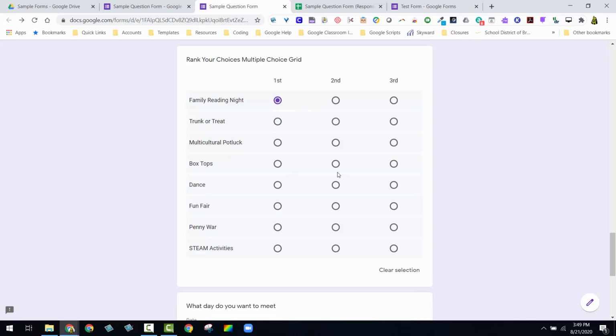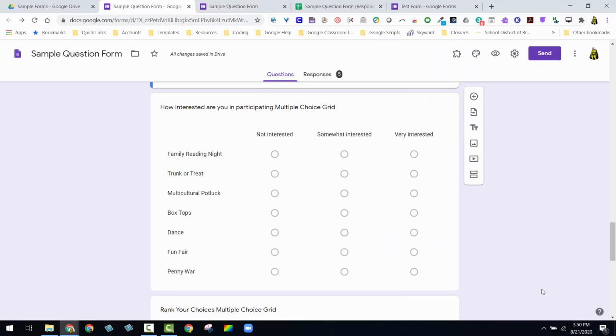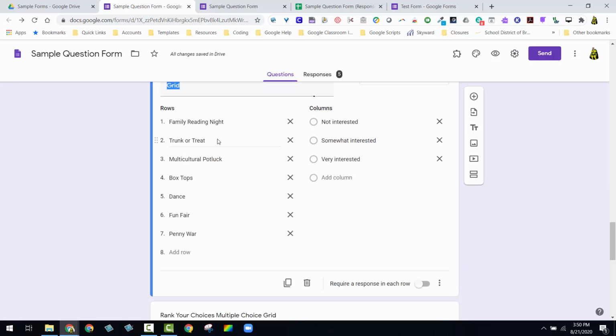So I can pick a first, a second, and a third, but I can also uncheck it that way if I decide that this is going to be my third instead, and so forth. So that allows you to make sure that you can't overdo the responses. So the other option that you have in terms of making sure that they answer the questions correctly is that